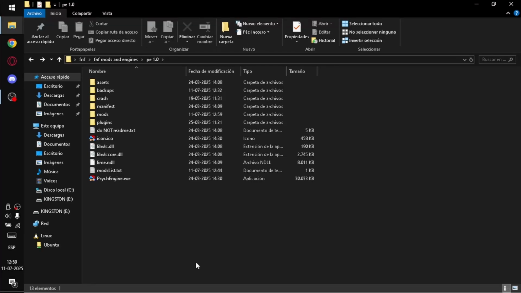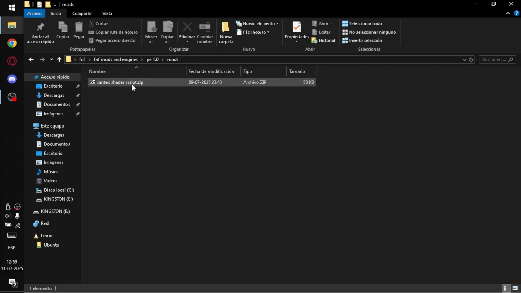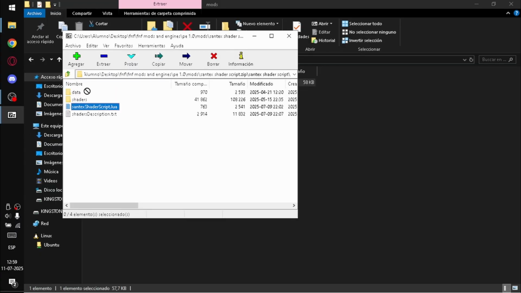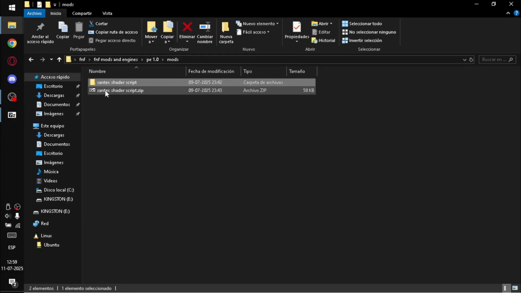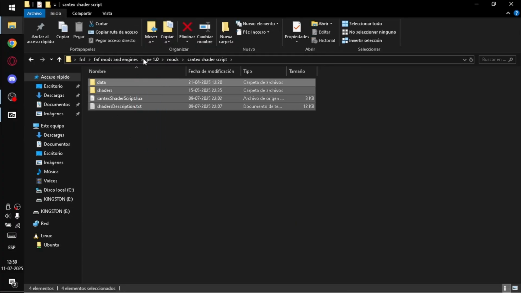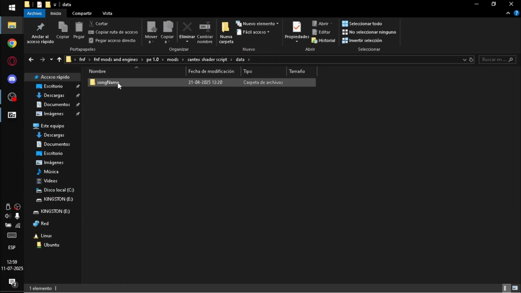Hi guys, today I will be teaching y'all how to use my shader script. First, we want to grab this and put it inside your mod folder. You grab this and put it in your mod folder wherever you're doing your mod. Now, here is the script you're going to edit. You can copy it and put it in different songs, but since I'm just going to use a song for